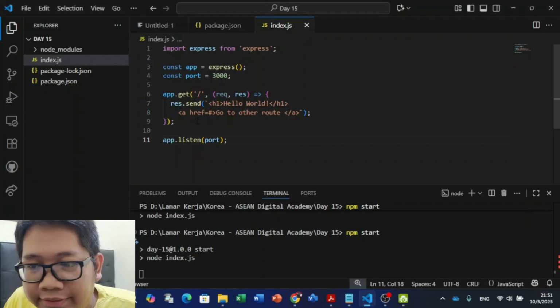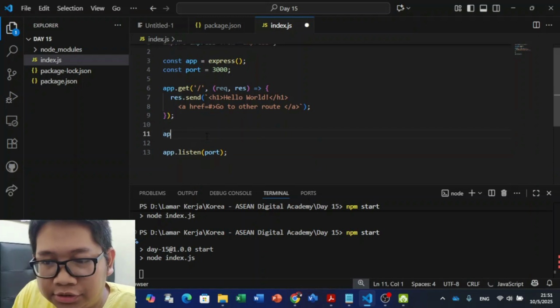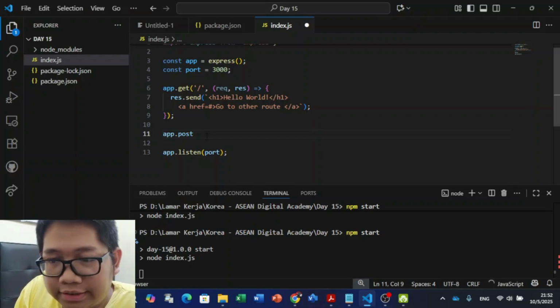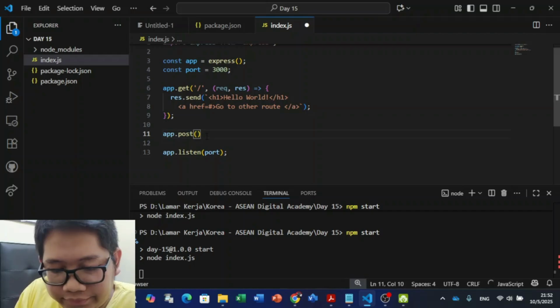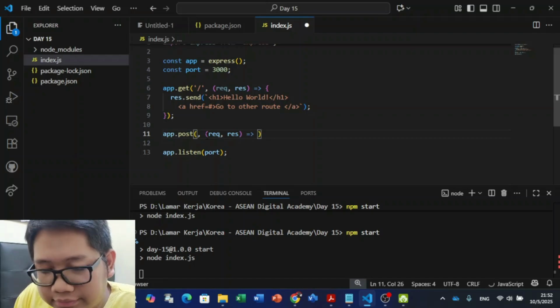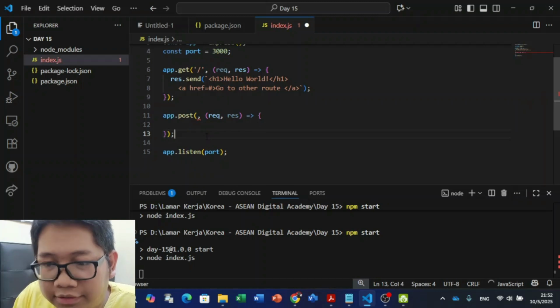After that, we can now use post, app.post, and then don't forget request and response, an arrow function, curly brackets, and semicolon.